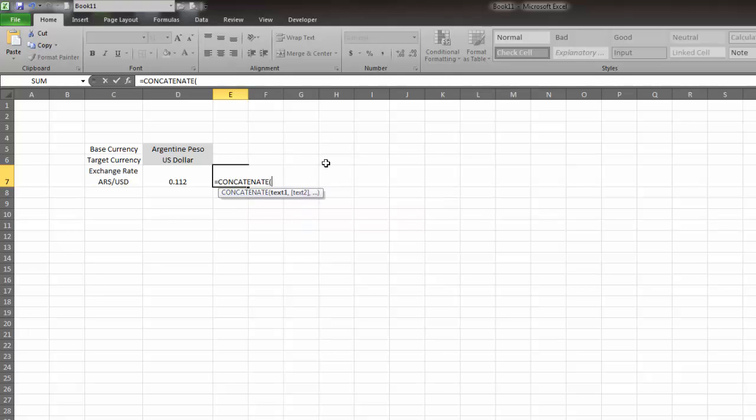And then the first thing that we're going to put in our concatenate is an arrow, an arrow with a 1. And then we need to make sure we have a space at the end. 1 Argentine peso